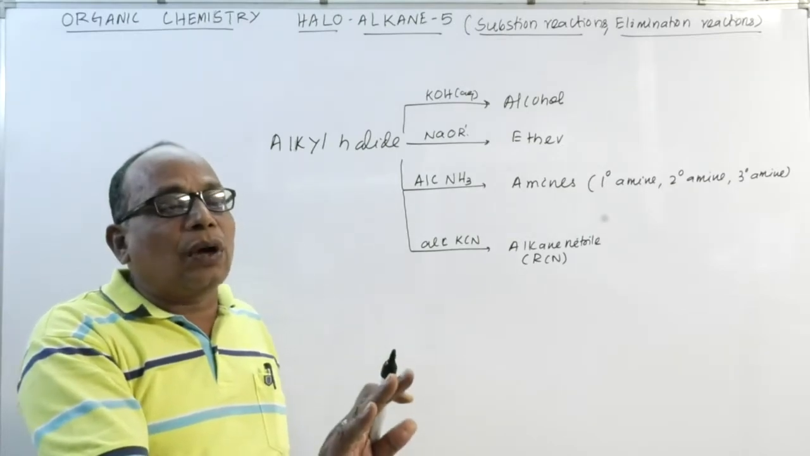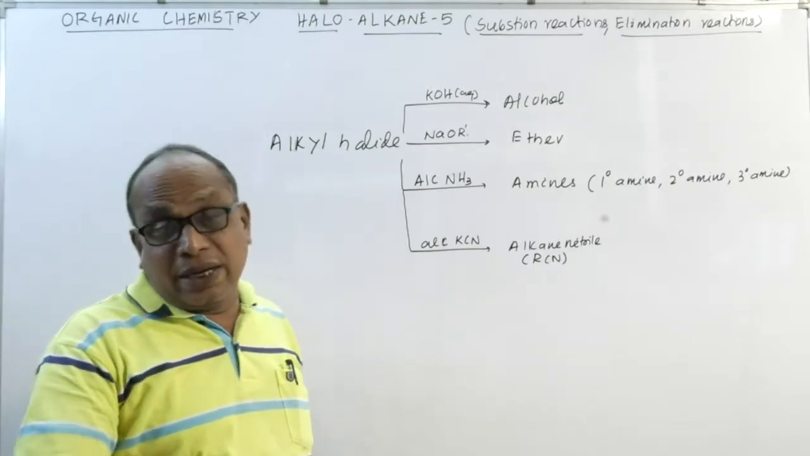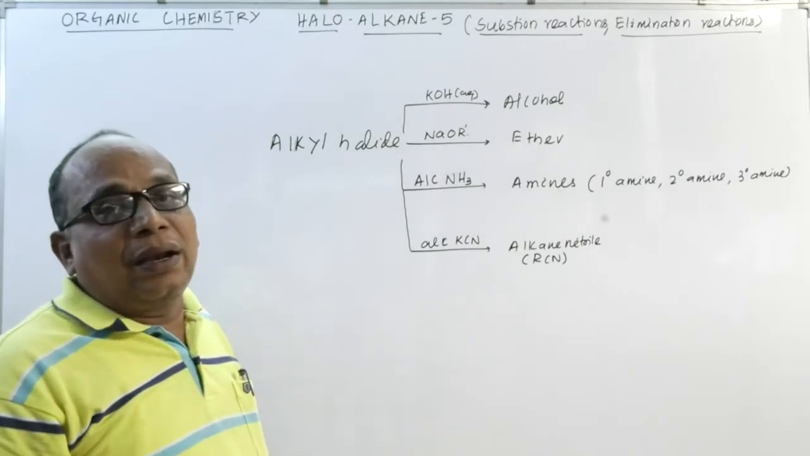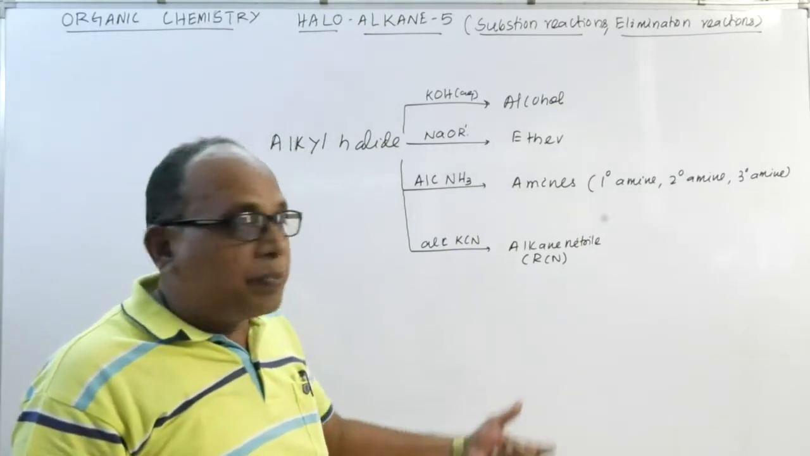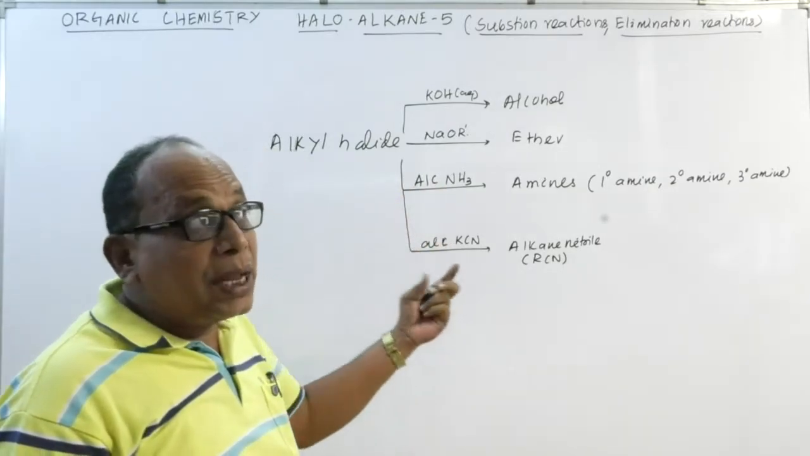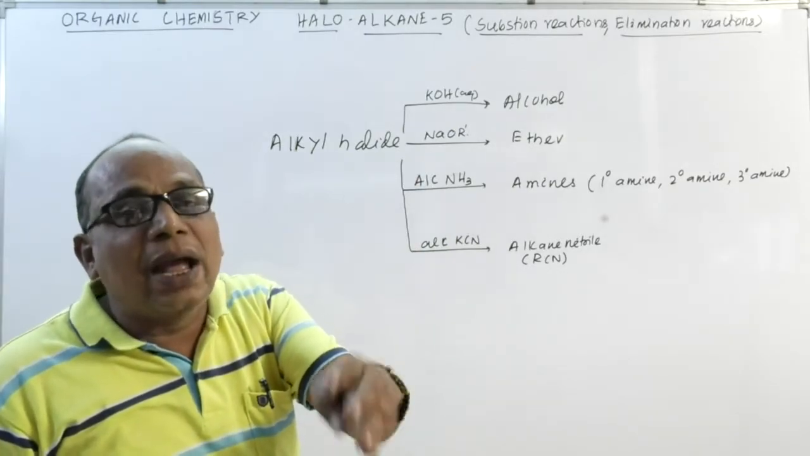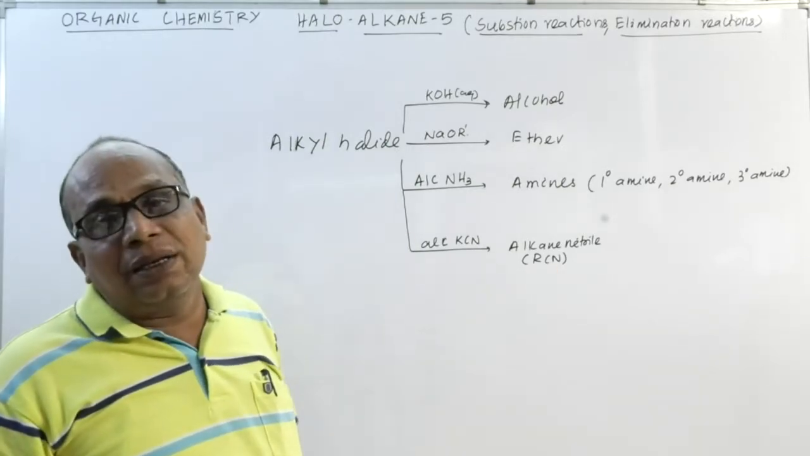Suppose you want to convert methane to ethane. In methane there is one carbon atom, but in ethane there are two carbon atoms. To convert methane to ethane, we have to increase one more carbon atom. Carbon atom can be increased by the action of alkyl halide. That means methane is converted to methyl chloride and methyl bromide, and then converted to ethyl